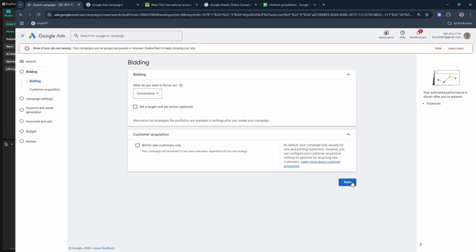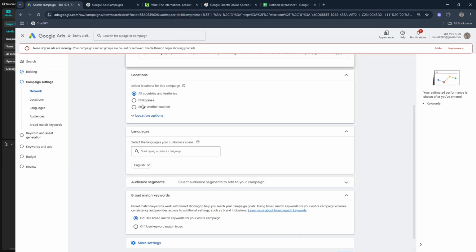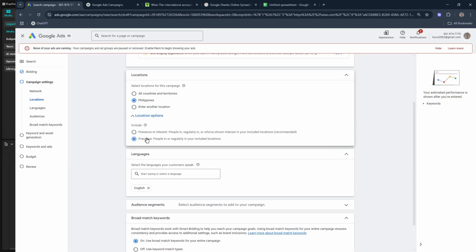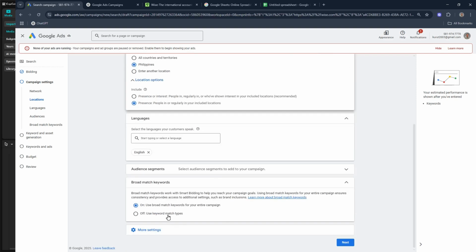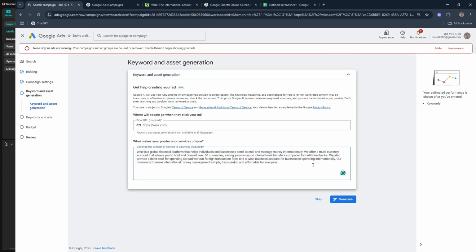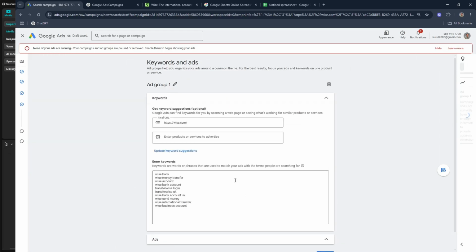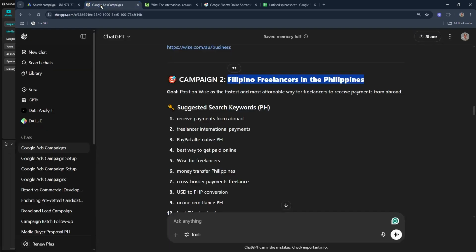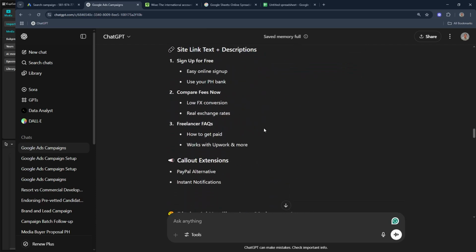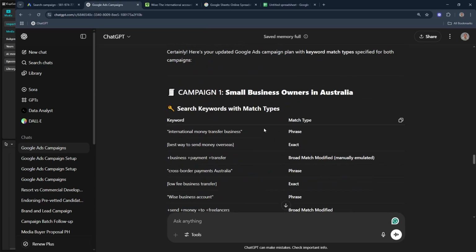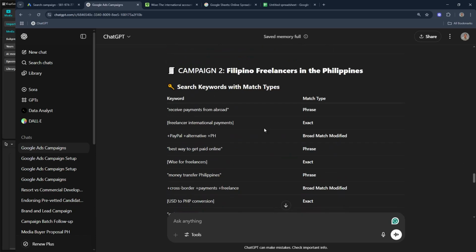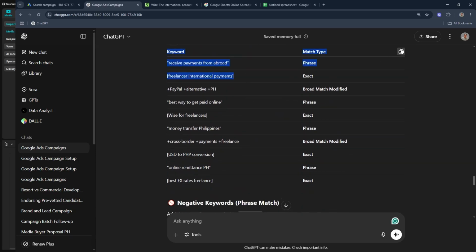Our focus is conversions because we wanted to have sign-ups, and the Philippines is our target location. It should be the people who are based in the Philippines, and we need to use keyword match types, and then we could skip this one, and then we need to copy all the prompts that we were able to generate in our ChatGPT. So copy again,